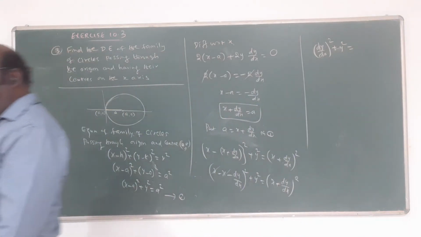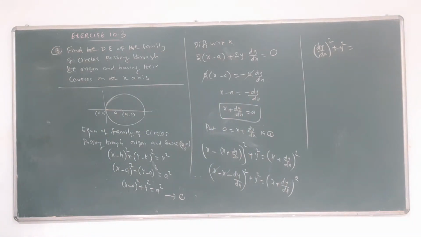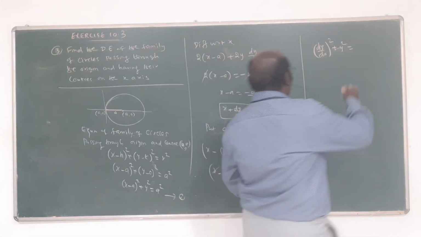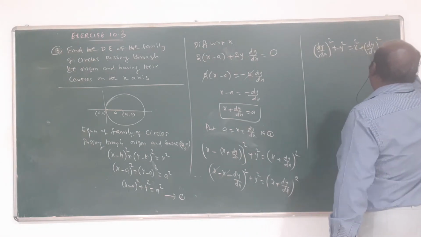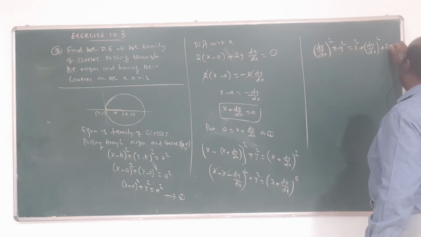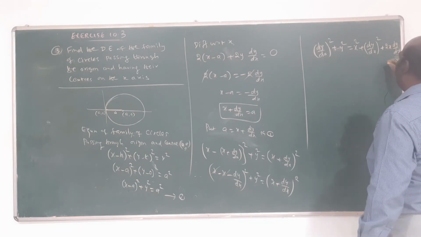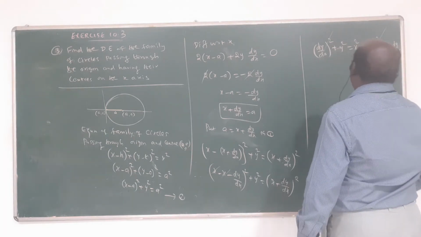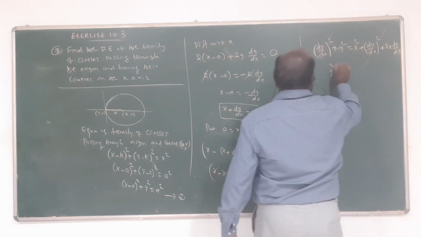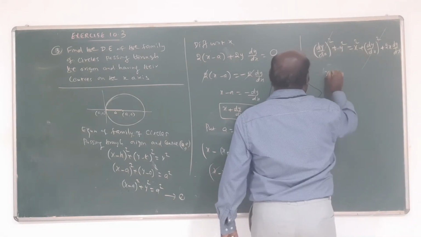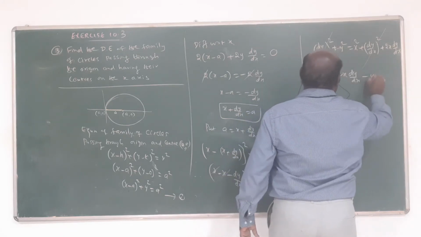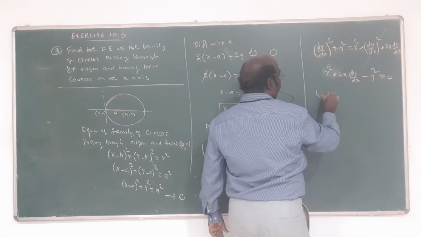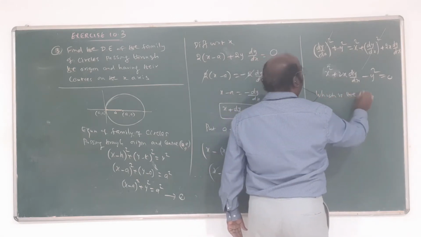Now it is of the form (a plus b) whole square. Am I right? That is a square plus 2ab plus b square. So the (dy by dx) whole square terms will cancel. So the answer is x square plus 2x dy by dx minus y square equal to 0, which is the required